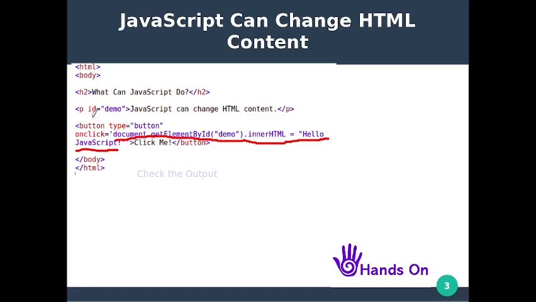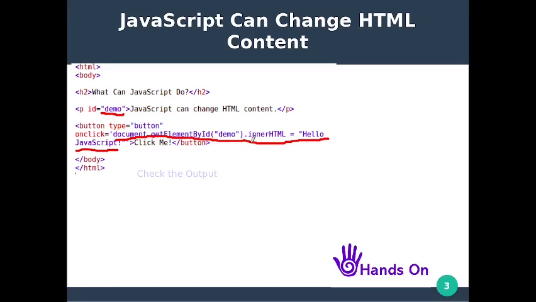The element that has id demo is the p tag. So this p tag can be accessed by this id, through the function getElementById. Inside you place the id of the element that we are going to access.